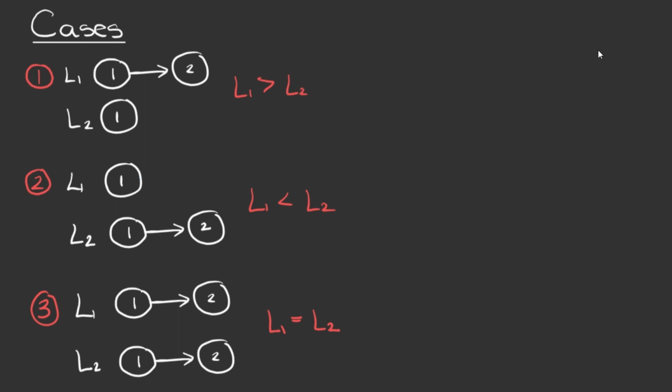Because the length of the second linked list is less than the first one, we can't really add a nil node and one with a value. So whenever we see a node that is nil, we're simply going to replace it with a 0. This way we get the correct linked list that is returned. Similarly, we can replace any nil nodes in the first linked list with a 0. For the third case, we don't need to do anything special, but we do need to always keep track of